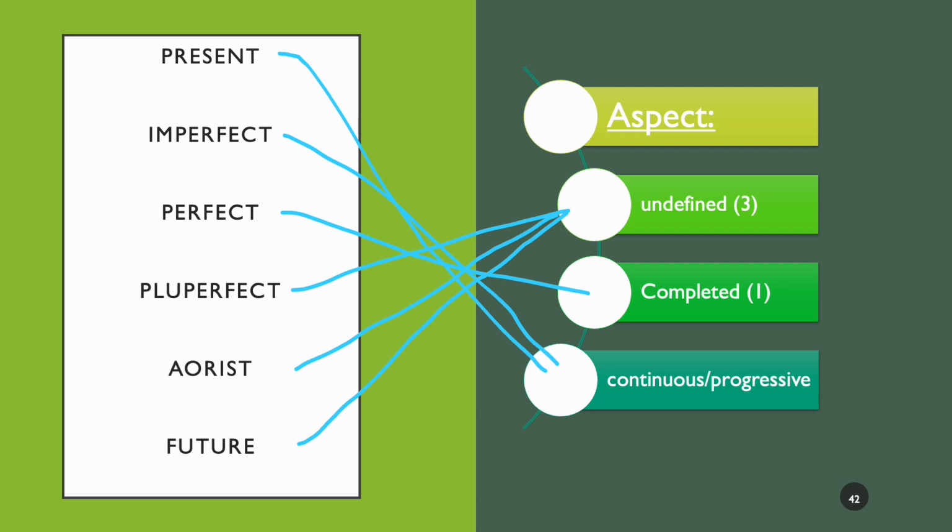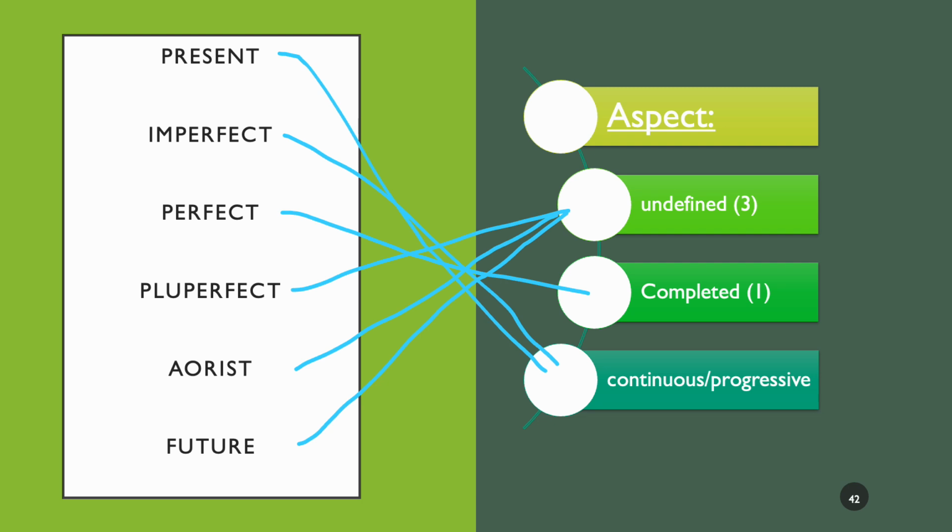Pluperfect before another past tense, the aorist a once-off in the past, occasionally used as a once-off in the present tense, but it will be clear if that's done. And then the future tense only tells us in the future. It could be something that's brought to completion, something that continues ongoing, or a once-off in the future. The future tense just tells us it will be in the future and has a completely undefined